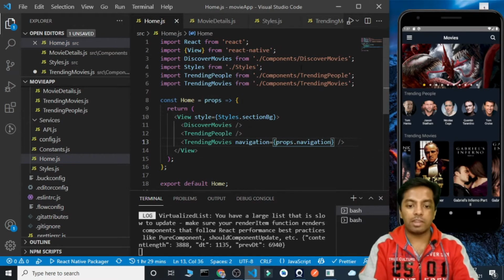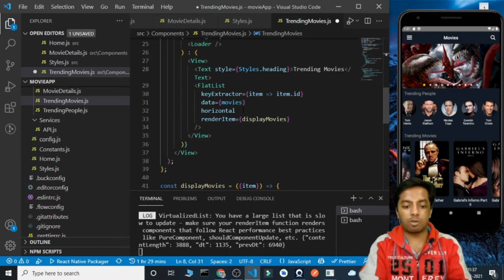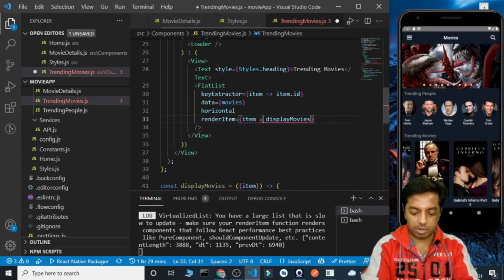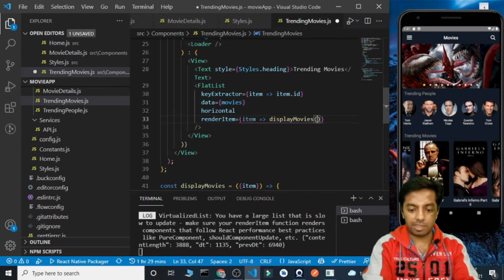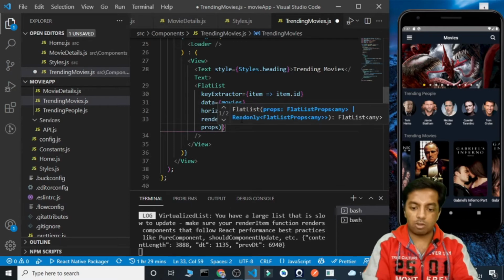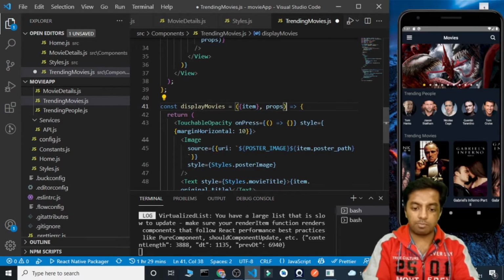That will be props.navigation. Now inside the trending movies we can receive the props and pass that prop into this flat list. We'll receive the item here and pass the item and the props to our component. So with item we are going to get the props.